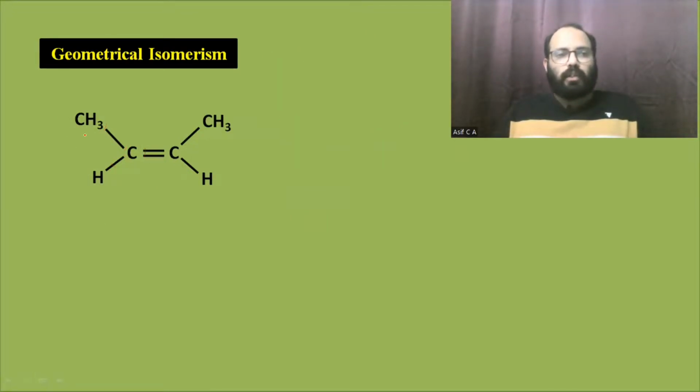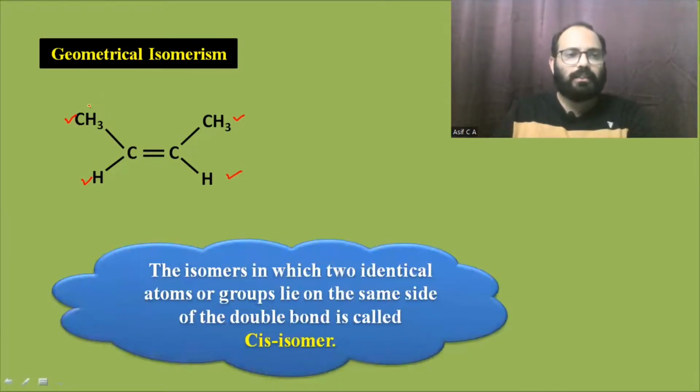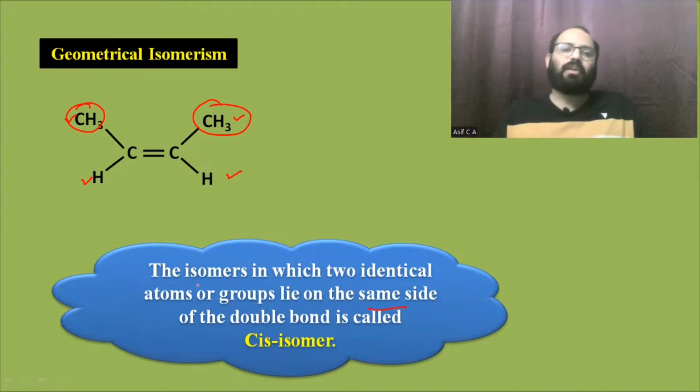So look here, with this carbon, one is a methyl group, one is hydrogen. Here one methyl group, here hydrogen. Both are different. But the interesting thing is that both CH3 groups of the carbons are on the same side of the double bond. The same identical groups are on the same side of the double bond. The isomer in which two identical atoms or groups lie on the same side of the double bond, we call it the cis isomer. So if identical groups are on the same side of the double bond,